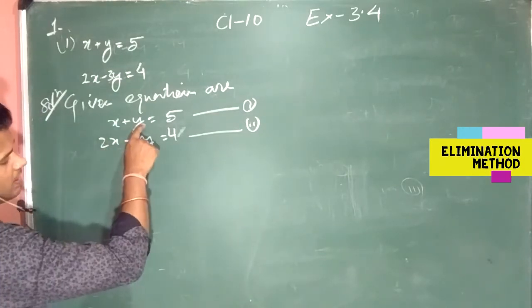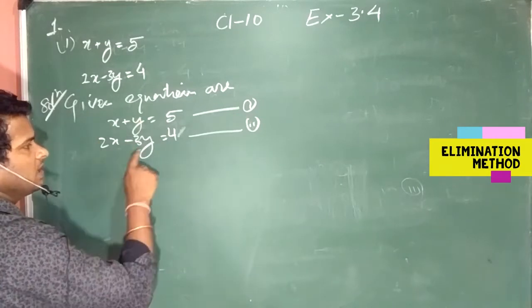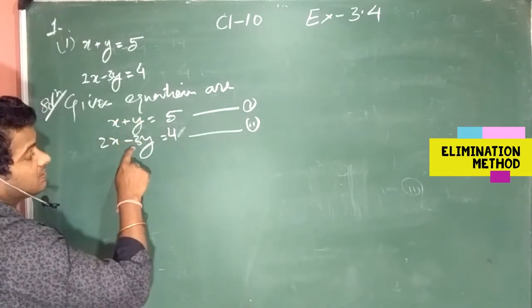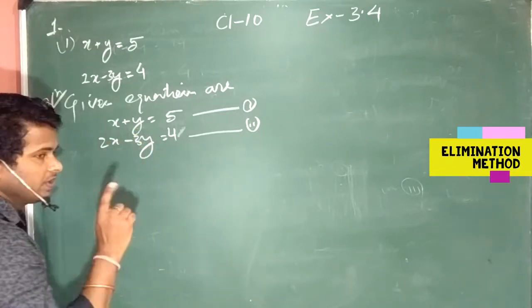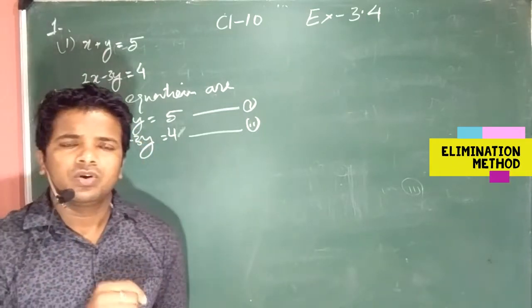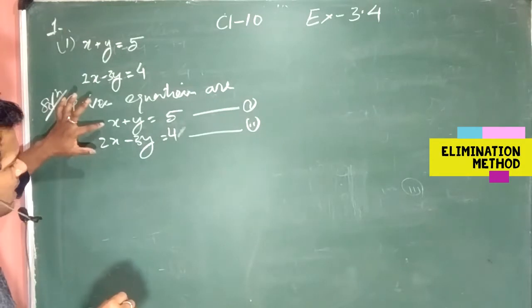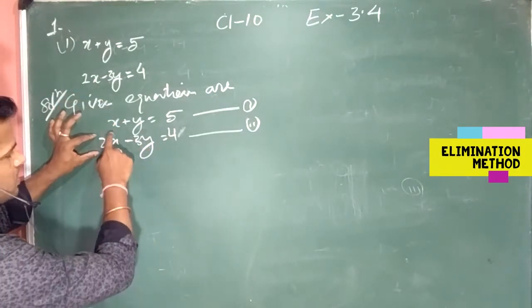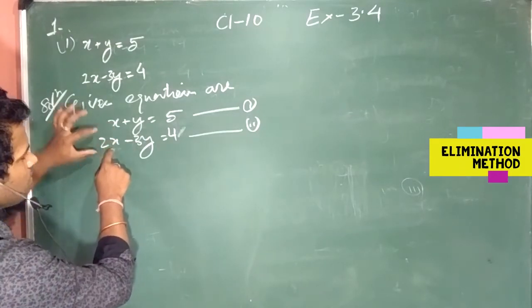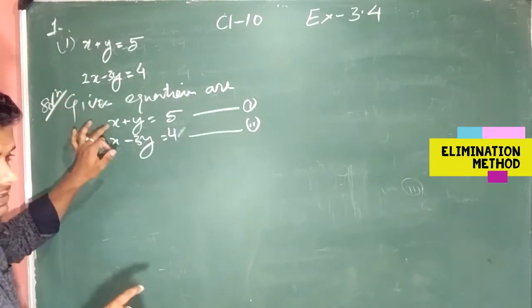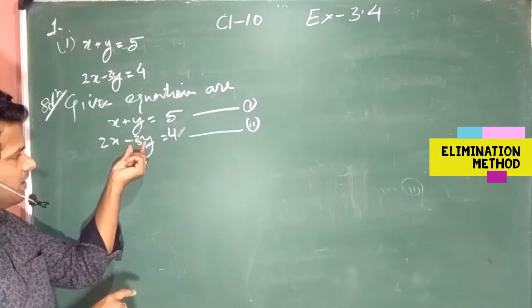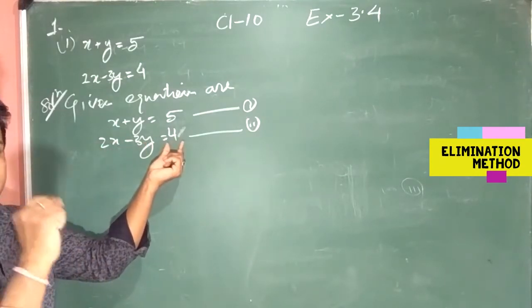When we go for y, we can see here a single y and here how many? 3y. It is plus here, minus there. We can cancel it, but it is 3y and it is only y, so we can't do that. So we will multiply equation 1 by 2 and equation 2 by 1, the coefficient of x. This is called the coefficient of x. This is called the coefficient of y, and this one you know, which is the constant.